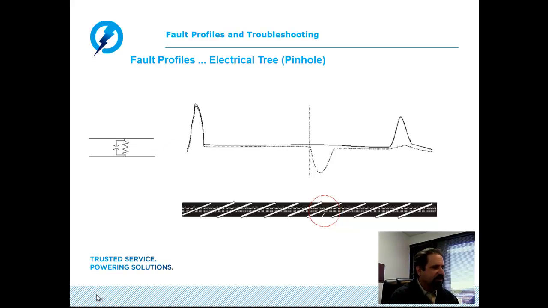So it's very common in this type of situation that if we were using the pulse echo or cable radar system all by itself without any type of high voltage device, our captured pattern would show our transmitted pulse,